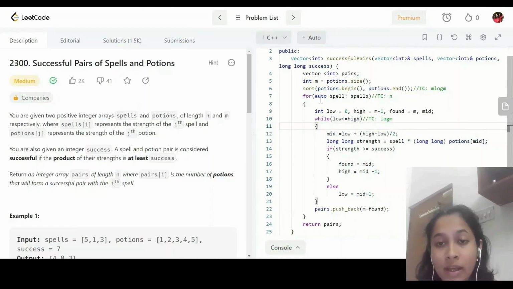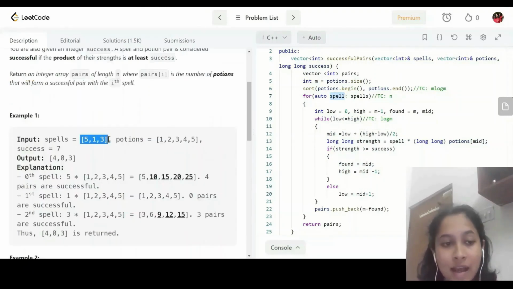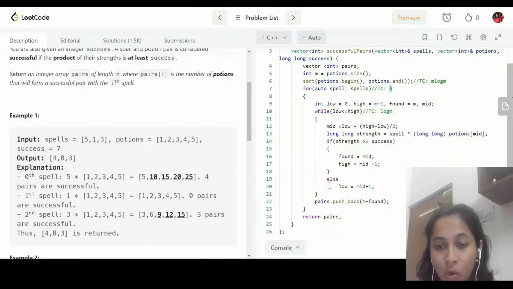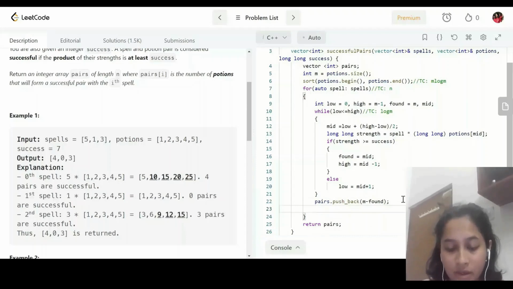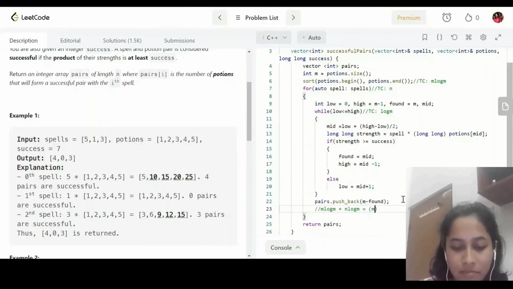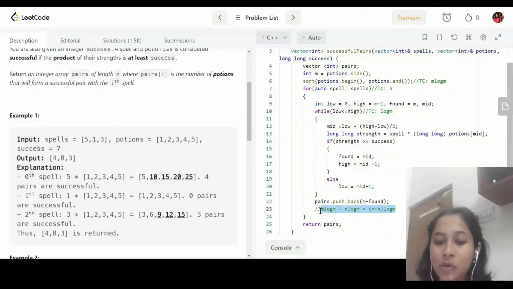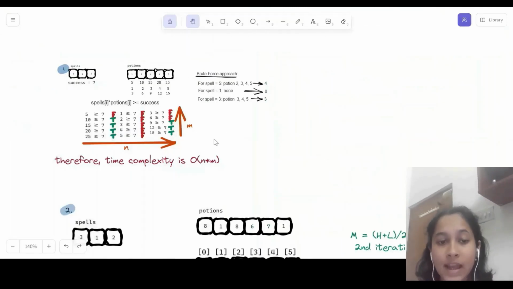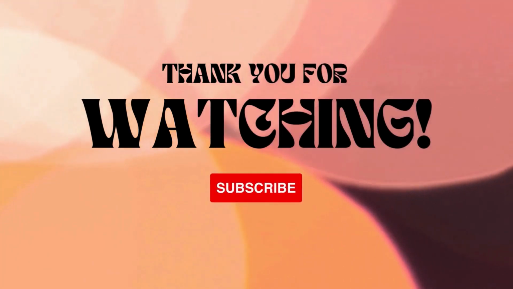Since we are doing it for each spell, n is the size of spell, so the time complexity will be n log m. So the total time complexity of this code will be m log m plus n log m, or we can write it as m plus n log m. This time complexity is better than n into m.